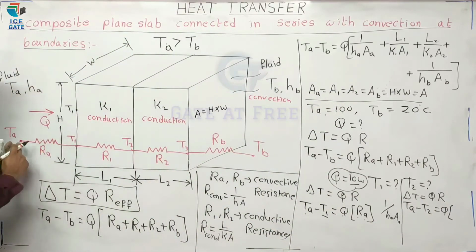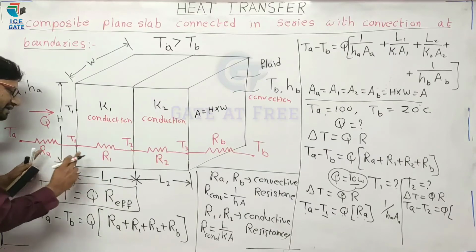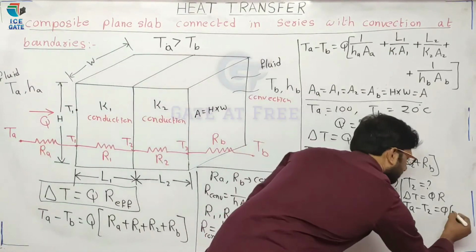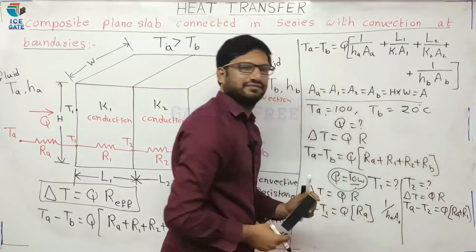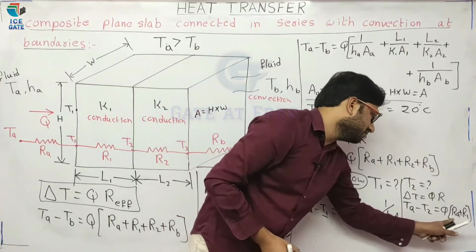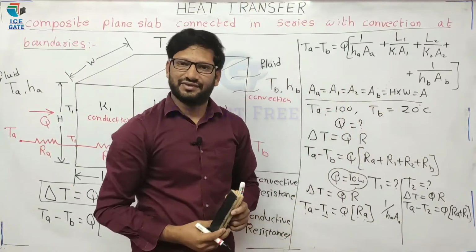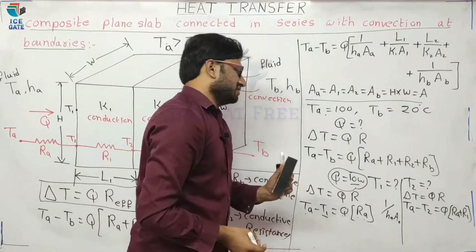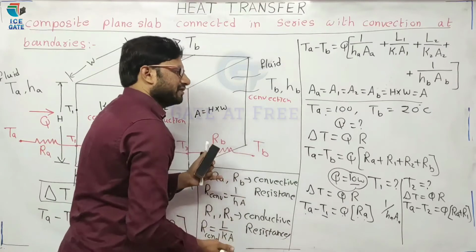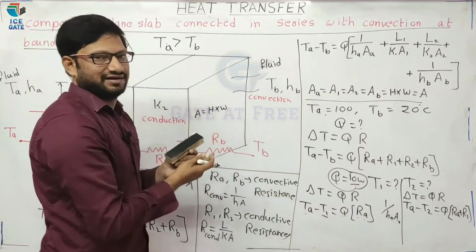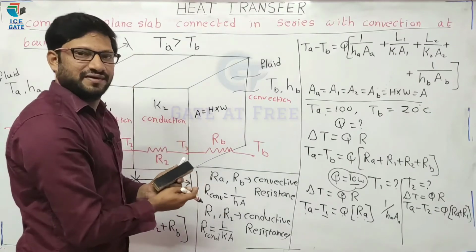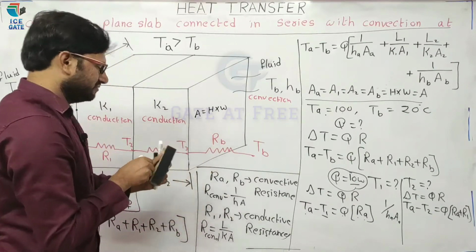Now what are the resistances from TA to T2? RA plus R1. So you have to take RA plus R1. Now from this equation we can find out T2. Hope you understood. Now what is the delta T we have to take? We have to take those resistances in between the delta T. Right? Now next we will see